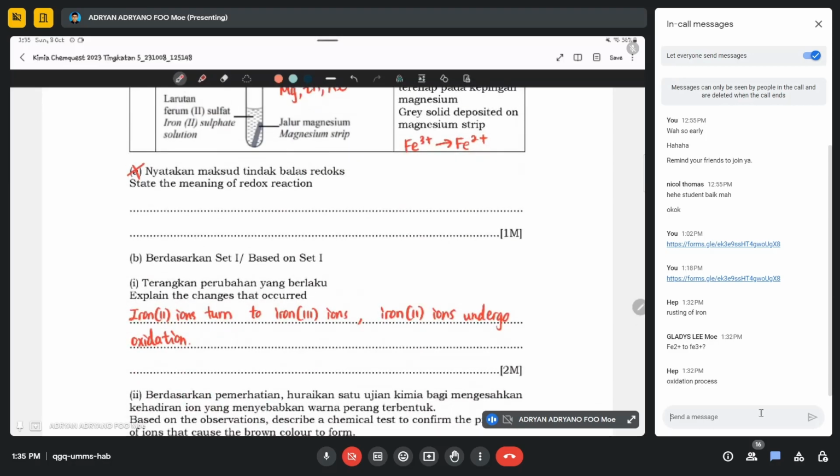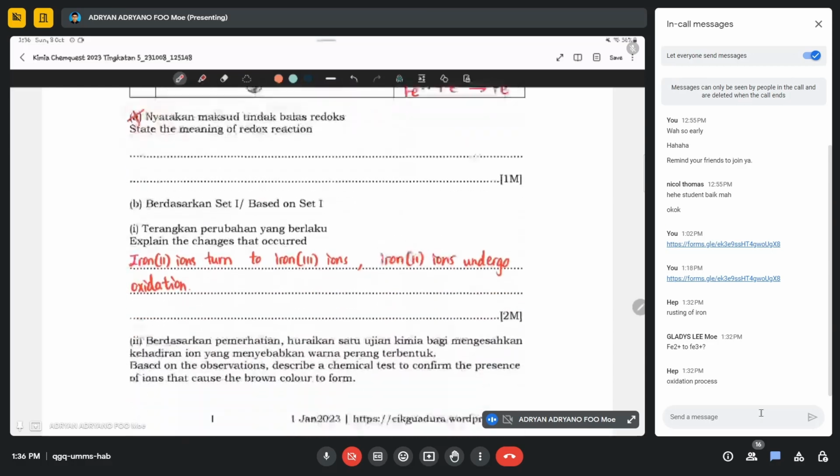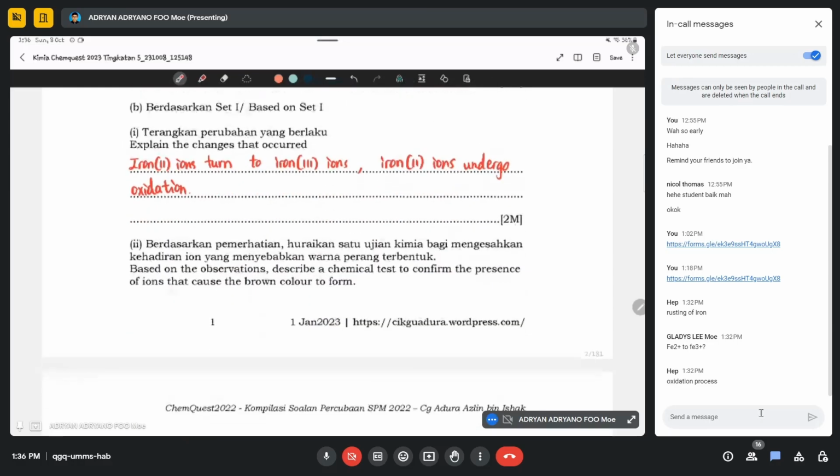Changes you explain 咯。Iron 2 change to iron 3 and then iron 2 undergo oxidation。为什么我知道它 undergo oxidation？刚才我都写了吗？它的 half equation can you see that？That's it。See, it's very easy, right? As long as you know the concept。我没有叫你背，我叫你看 concept 罢了。你只有 concept 你就没问题了。2分在那边。